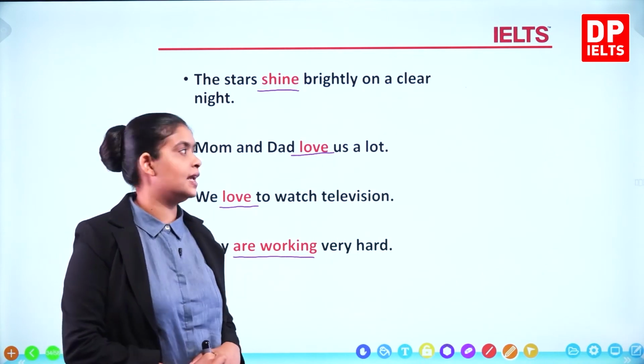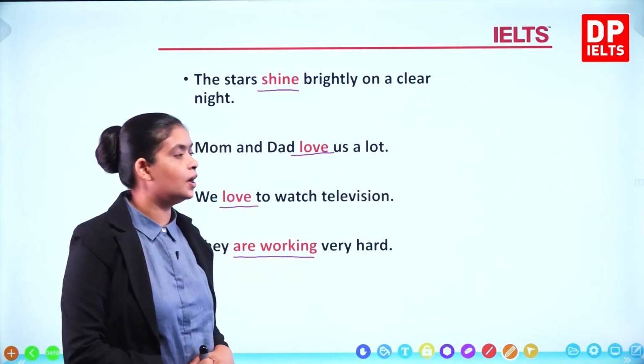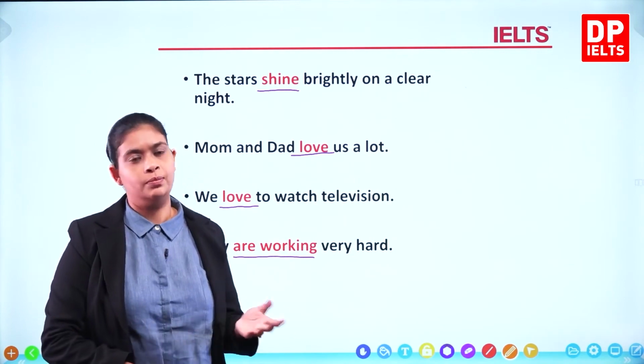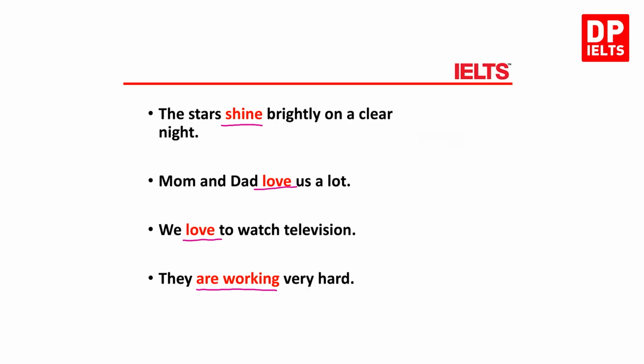Because Mom and Dad are plural, the verb also needs to be plural. Next, Mom and Dad love us a lot. அம்மாவும் அப்பாவும் எங்களை அதிகமாக விரும்புகின்றார்கள். Mom and Dad ரெண்டு பேர் plural so அதனால அதற்கான verb pluralஆக இருக்க வேண்டும்